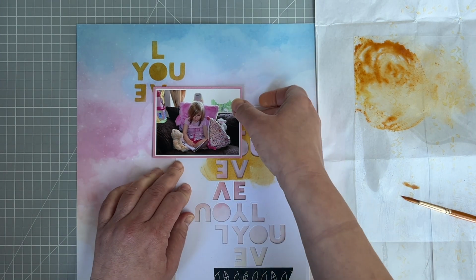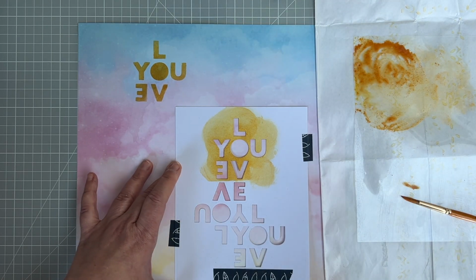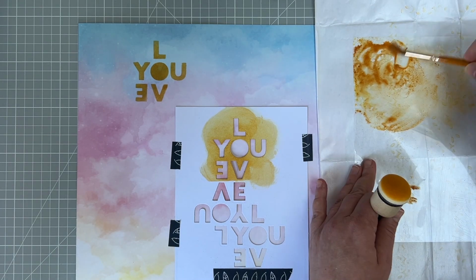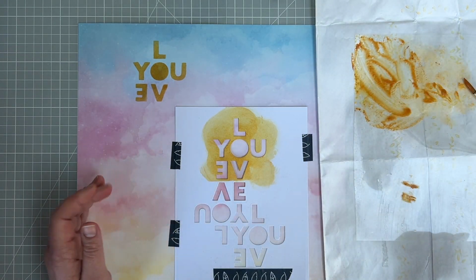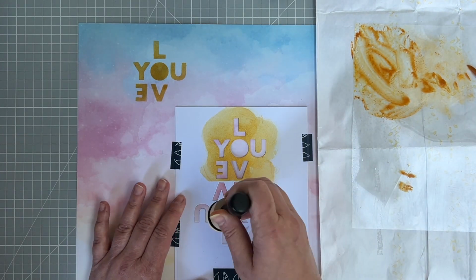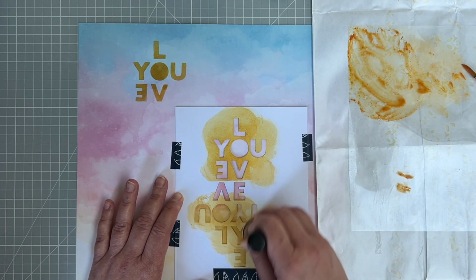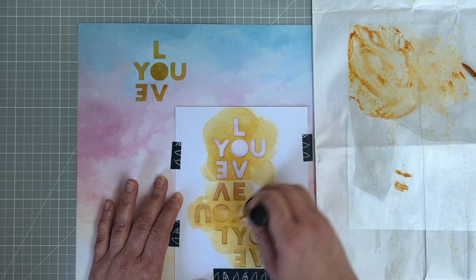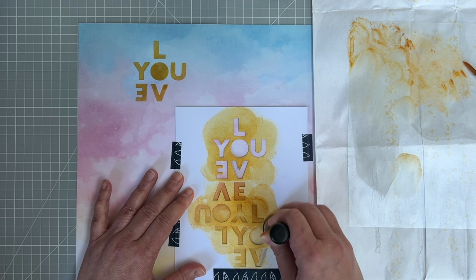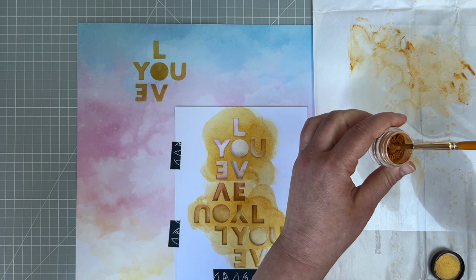And to be honest, I didn't do this process to use the cardstock as a stencil on my layout. I was trying something else out completely, and before cutting into a pattern paper I just wanted to trial it with cardstock to see if what I had in my mind would work out on paper. And as it is, it didn't, so I'm kind of glad that I trialed it first on a scrap piece